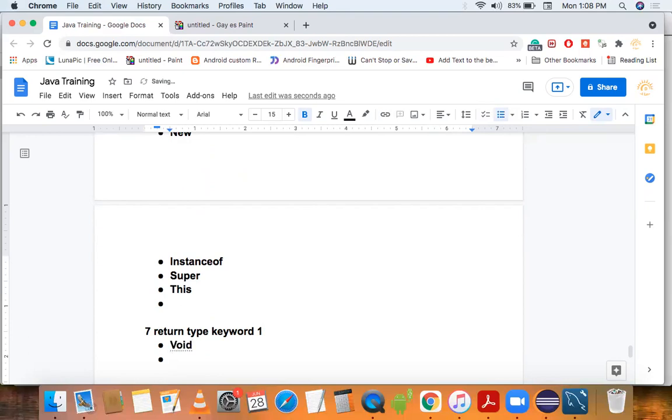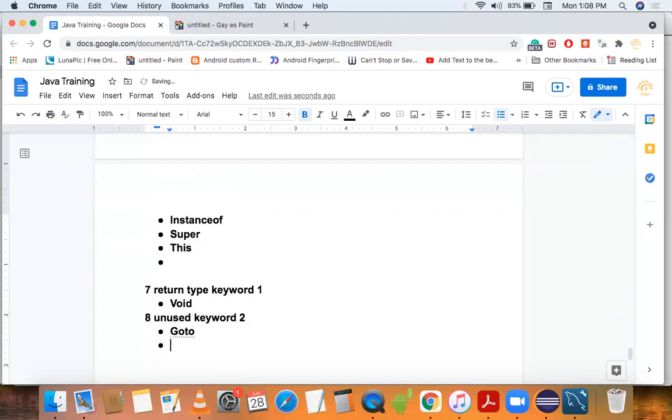Next, eighth one is unused keywords. Basically we have two unused keywords. First one is goto, and second one is constant.